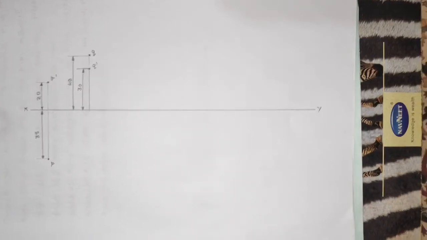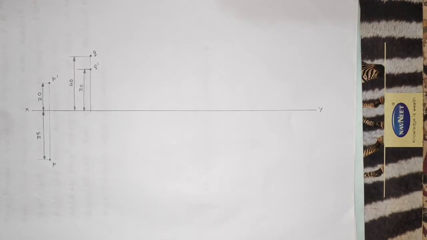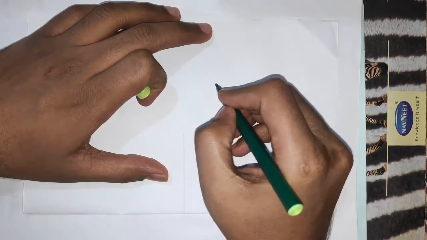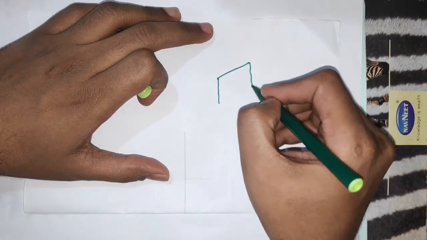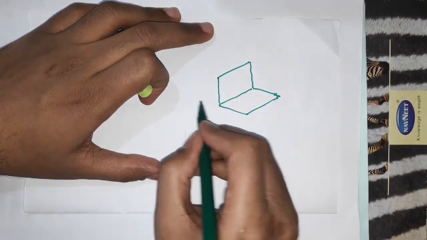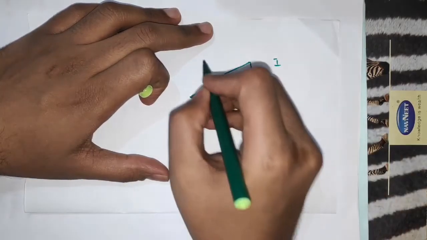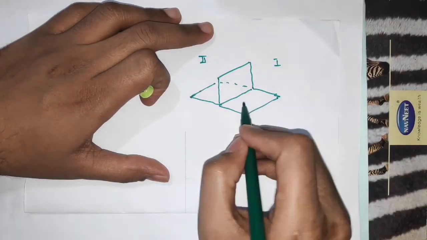Now coming to point R. R is 40 mm above HP and on VP. So any distance above HP will give you the front view. Now I shall just draw a rough drawing and explain how this point R will be. We'll first draw our quadrant system here. This will be the vertical plane. This will be the horizontal plane. Also I'll extend this horizontal plane till the second quadrant. So this is the first quadrant and this is the second quadrant.